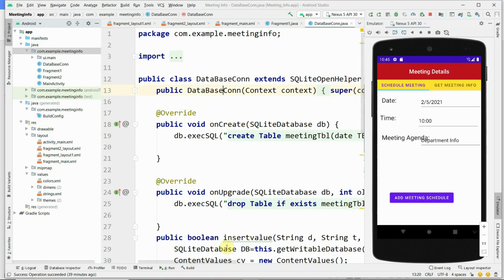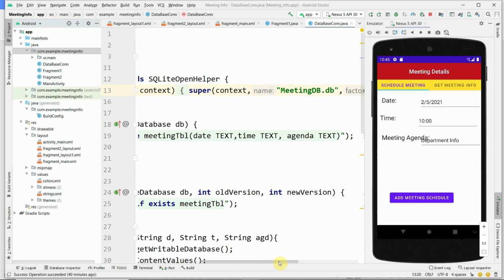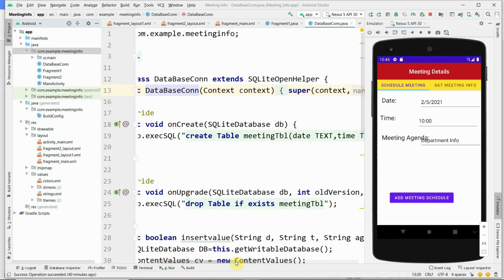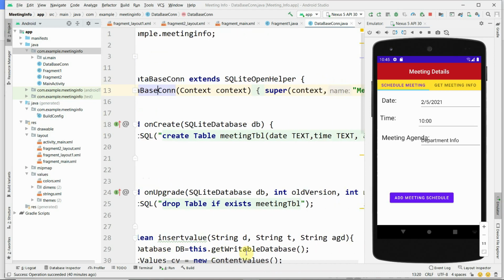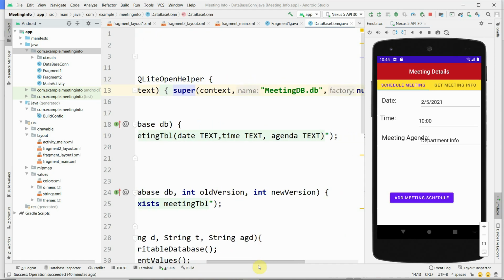When you are going to create database with your own name, you have to change the code of the constructor by calling super method, super, then context, and then meeting db dot db.